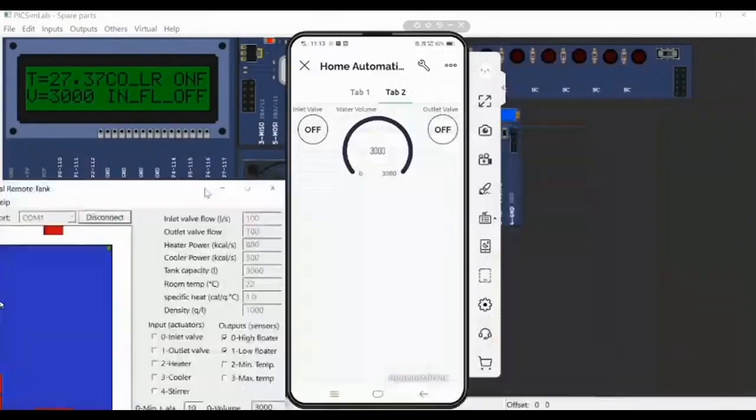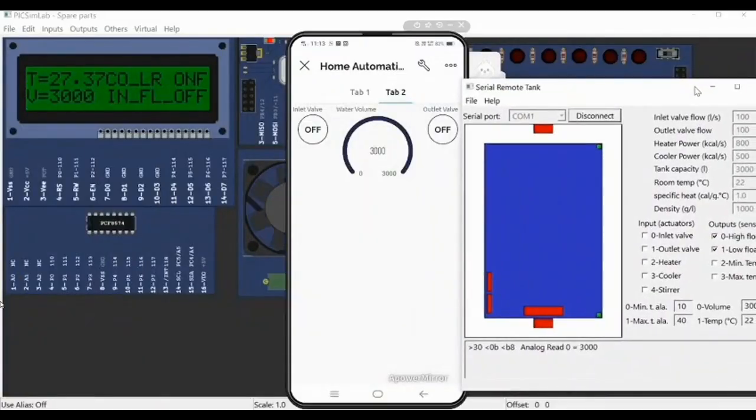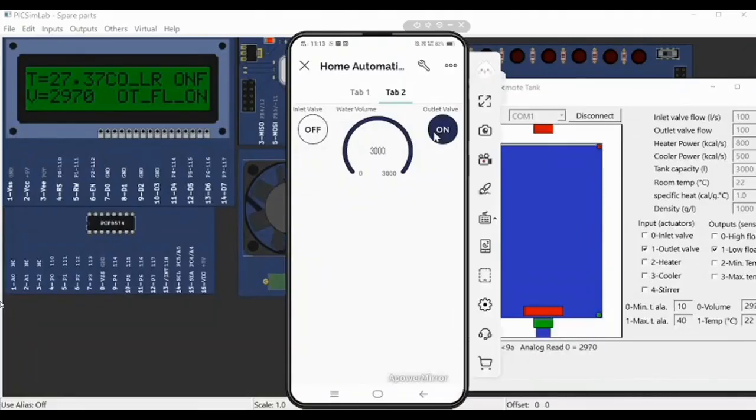In tab 2 there is inlet valve and outlet valve. Let me show you practically. Initially, let us assume that the tank is full and the volume is 3000. Let's turn on the outlet valve. Now the volume will be decreased. You can see here,